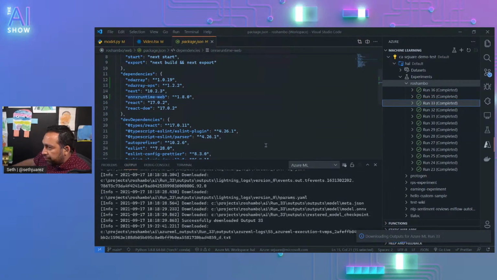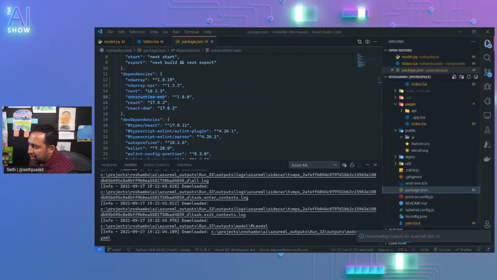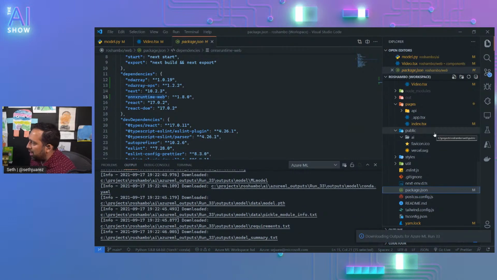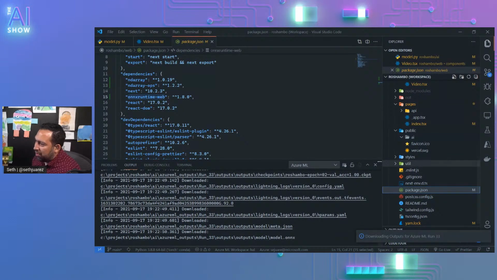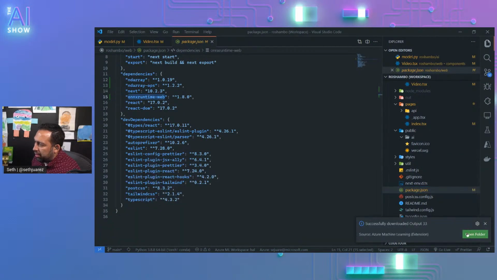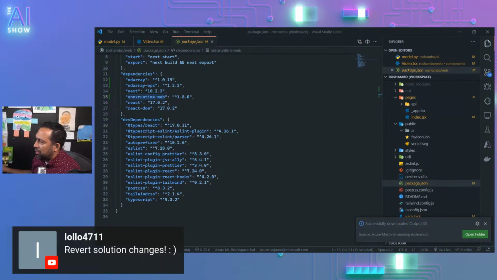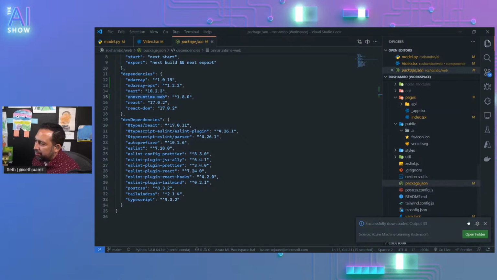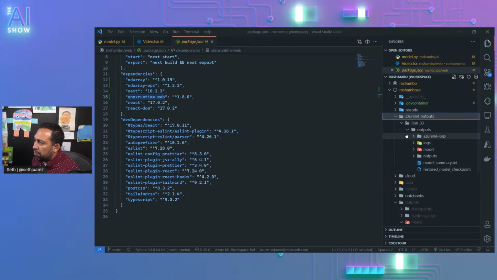Alrighty, here we go. We're going to download this file so that we can have the right one. I feel like there's got to be something I was doing wrong. So yeah, I would revert, but it was still a brand new file, so it's not going to revert to anything. So let's go to here, to the Azure ML outputs,